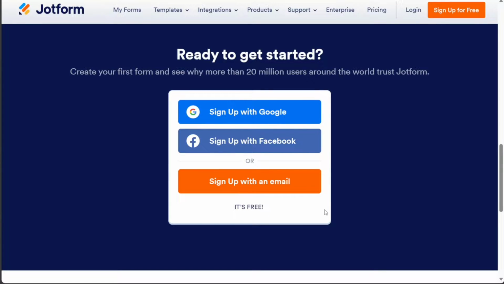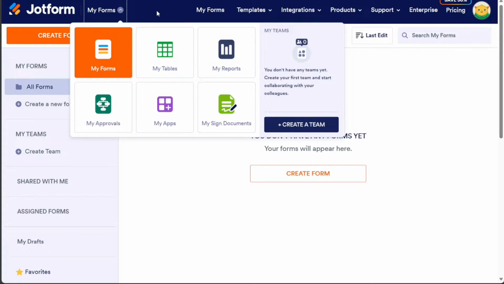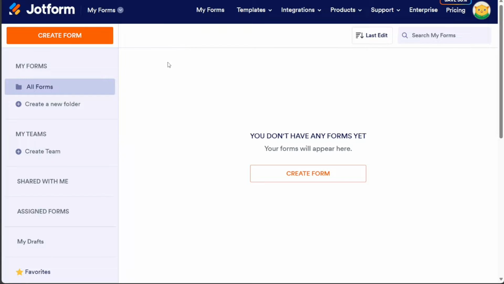So, after clicking the link in the description, now you need to sign up to JotForm. You can choose to sign up with your Google or Facebook account, or using your email address. Once you've completed the sign-up process, you'll be directed to your JotForm account. Now that you have your JotForm account set up, let's move on to adding a customer registration form to your Shopify store. To add a customer registration form to your Shopify store, the first step is to create the form